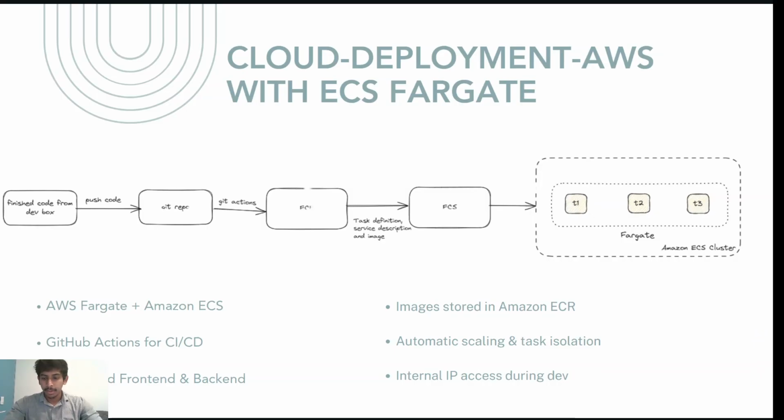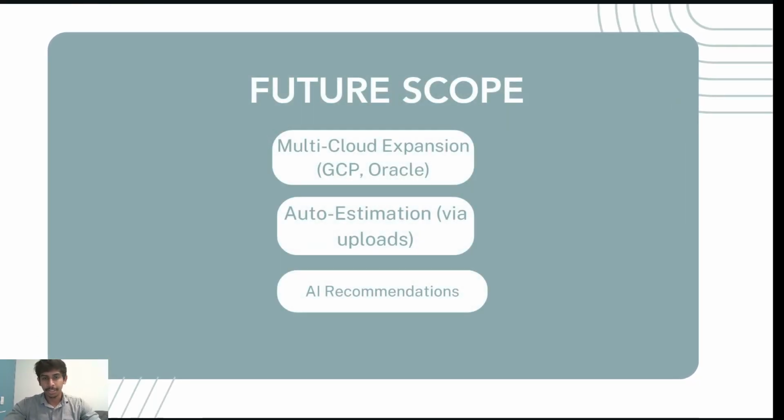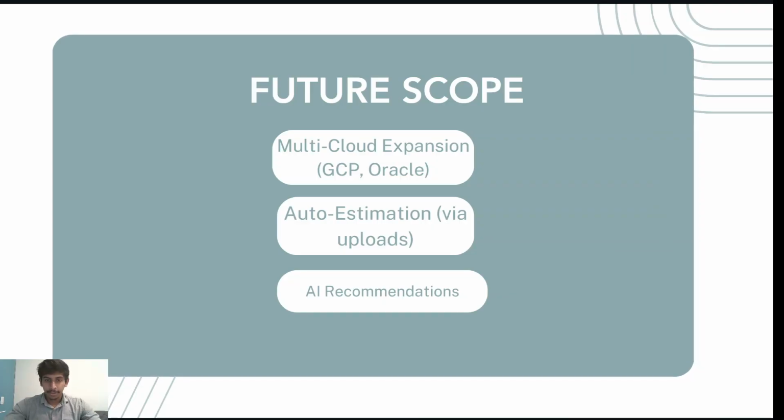Thank you, Pooja. Moving on towards where MCRP is headed and how it can grow with future needs. While our current project focuses on AWS and Azure, our vision extends much further. In the future, we plan to add support for other cloud providers like Google Cloud, Oracle, and others. Second is to enable cost estimation through document uploads, where users can submit infrastructure layouts or config files and instantly receive cost forecasts as well.